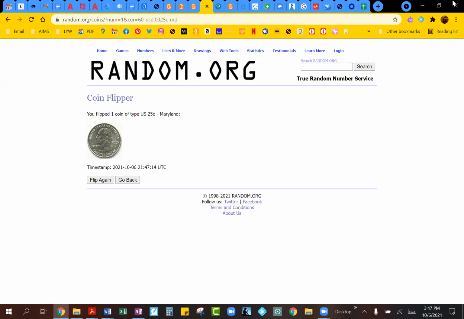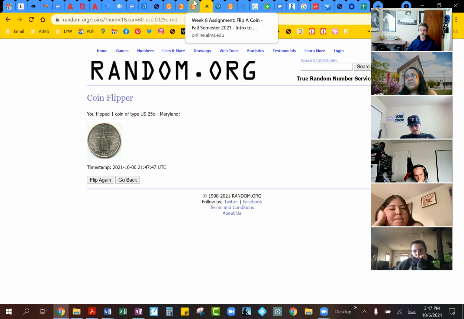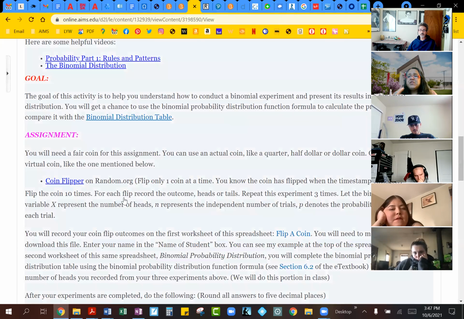Another thing I would ask you to be careful about as you're doing your coin flips is that a lot of times it's going to land on the head again, or the tail again. So how do you know your coin actually flipped? Look at that timestamp, because if that timestamp changes, your coin has flipped. You can see my head did not change, but my timestamp did. Sometimes you'll get the other side, but sometimes you'll just get the timestamp changing. So that's how you know your coin has flipped, when the time changes. That's your coin flipper.